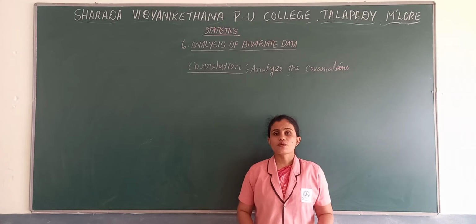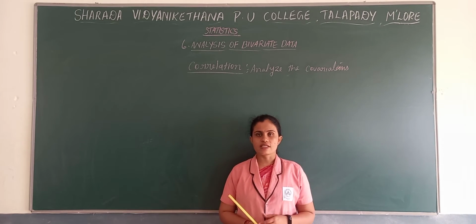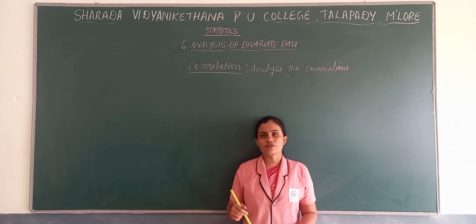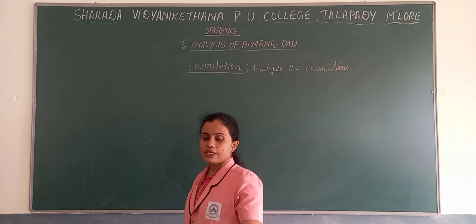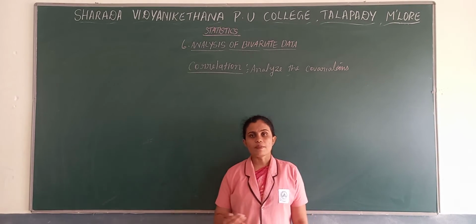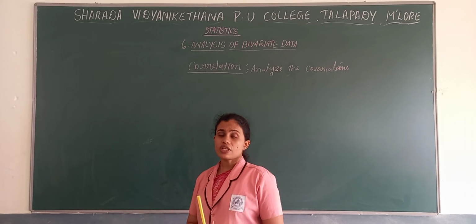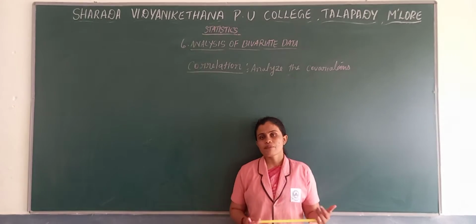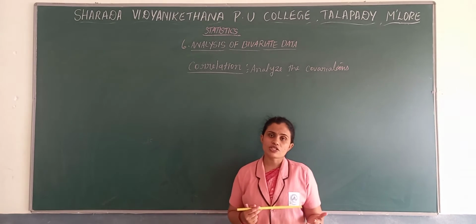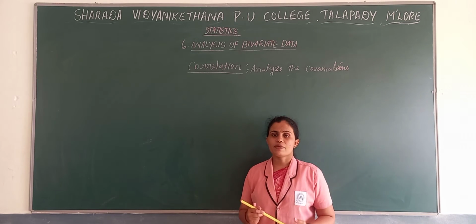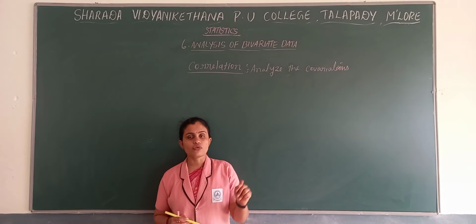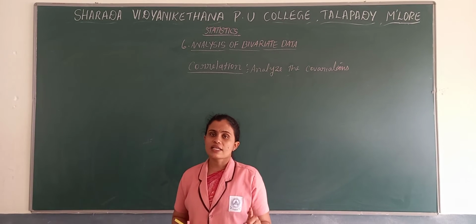So, in the previous class we completed the fifth chapter, that is analysis of univariate data. We studied what univariate is and how to analyze univariate data. Univariate data means we studied a single variable, and we characterized that single variable by studying various kinds of measures. There we studied measures of central tendency, then measures of partition values or position, measures of dispersion or variation, and then measures of skewness. So there we studied completely the analysis of univariate data. Univariate data means single variable.